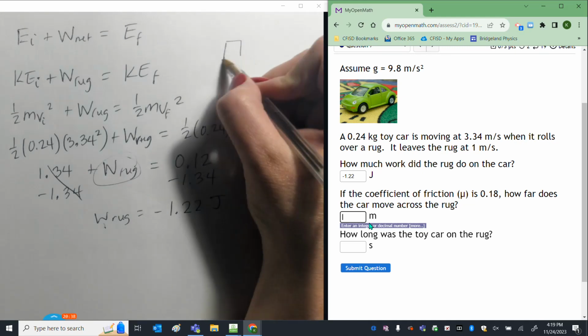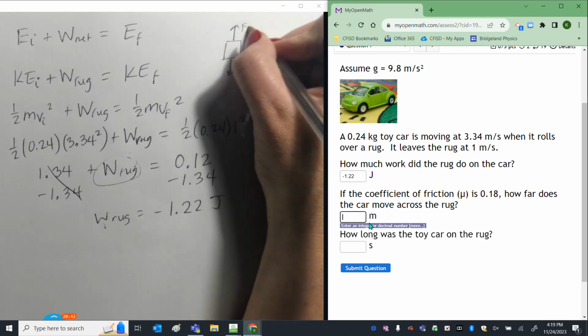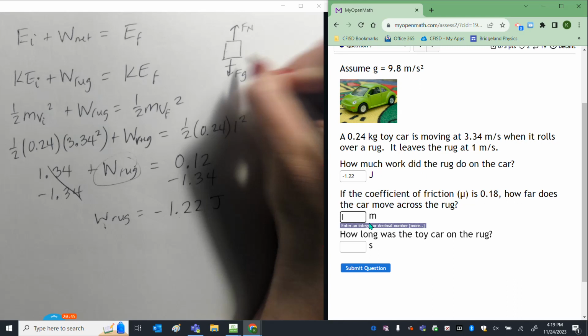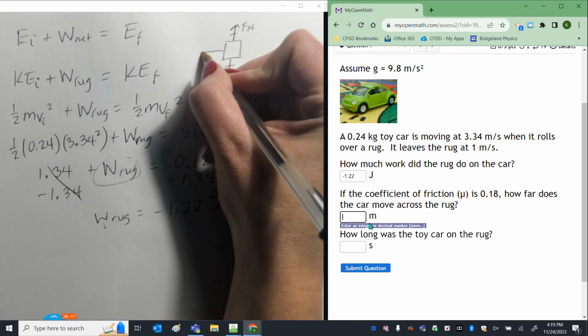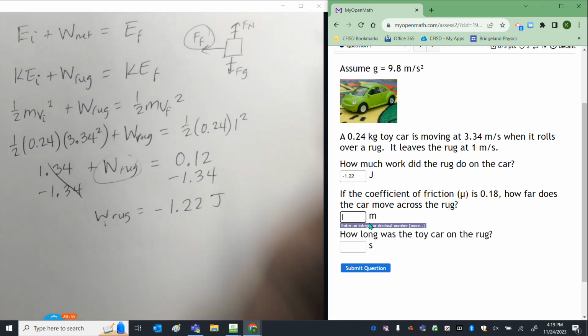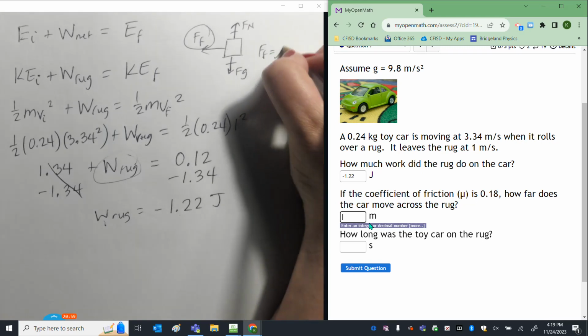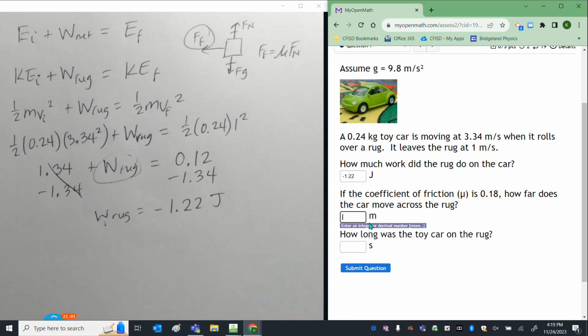And so when we look at the forces acting on this car, we know that we have Fn, we know that we have Fg, we know that those are equal and opposite, and we know that we have the force of friction. So my free body diagram would look something like this. I can calculate what this force of friction is. Again, its force of friction is mu times Fn. And they gave us mu in the question. So we just need to get Fn, and then we can find Ff,